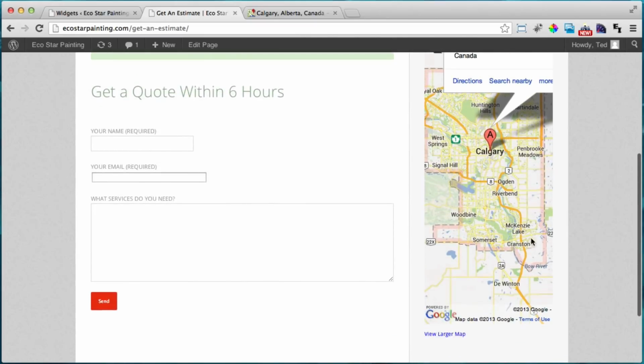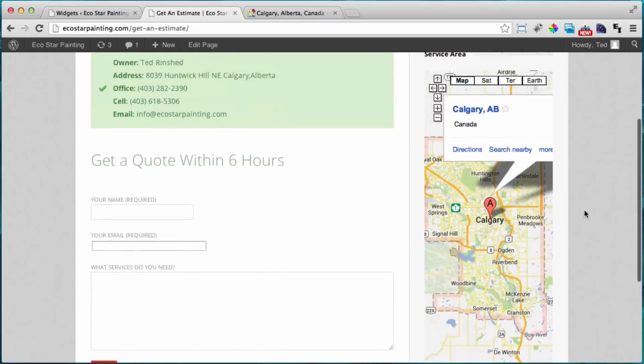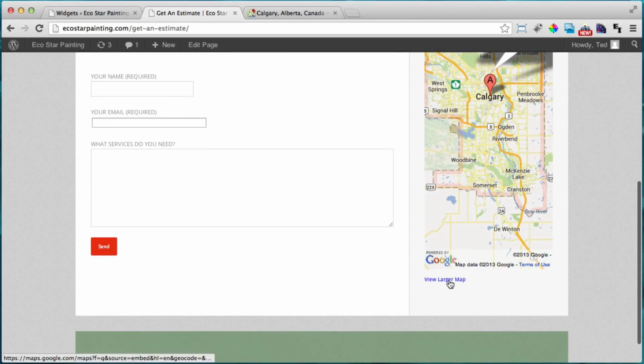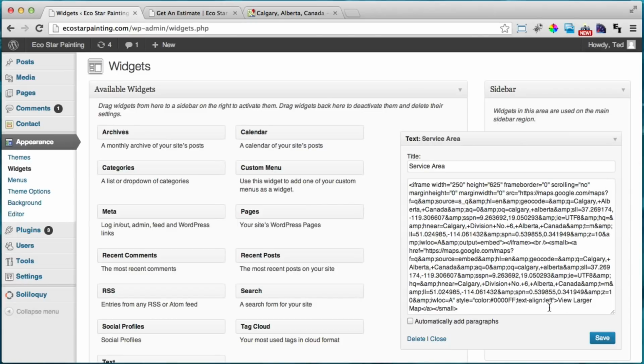So we have our service area right there, which is pretty cool. And we have this button here, view larger map, but actually I don't want that to appear here because I don't want it bringing visitors off of Ted's website. So I'm going to get rid of that by going back to my widgets and finding the code that displays that. So from this small tag, a less-than sign and then small,